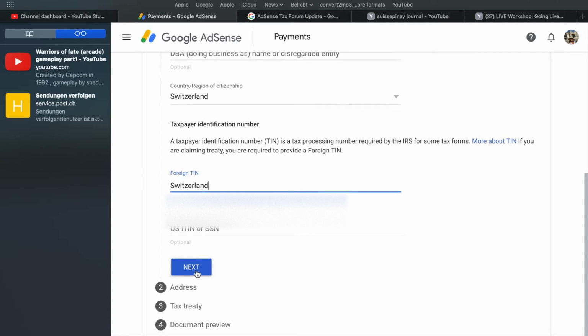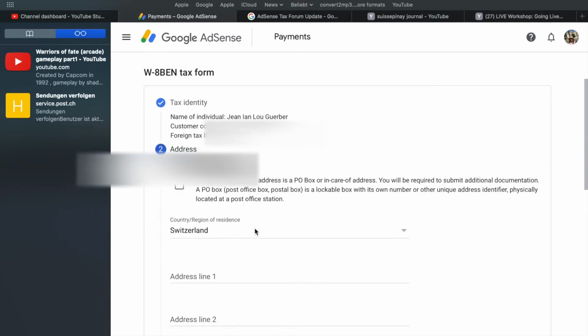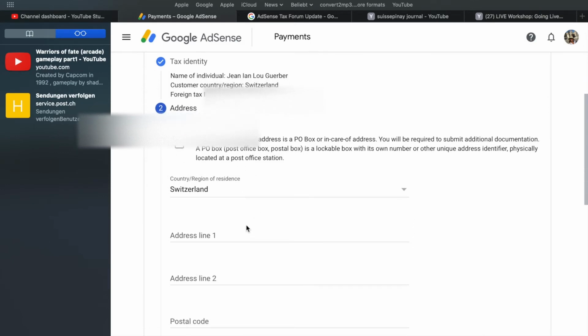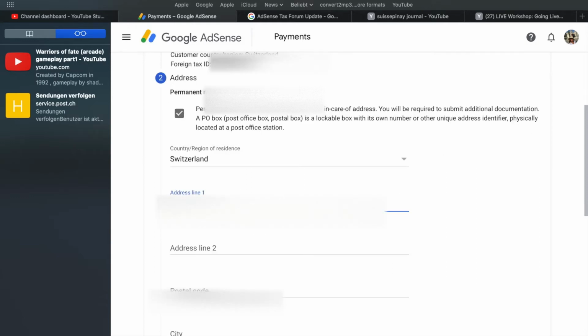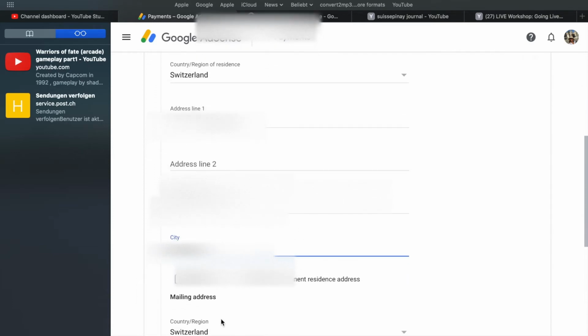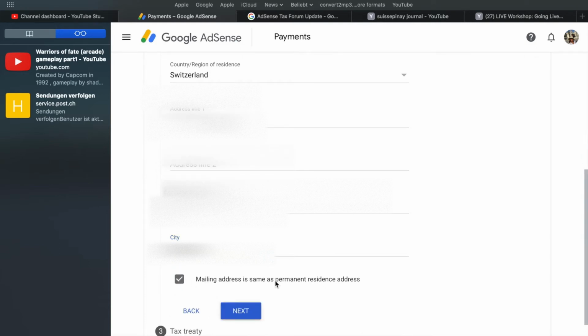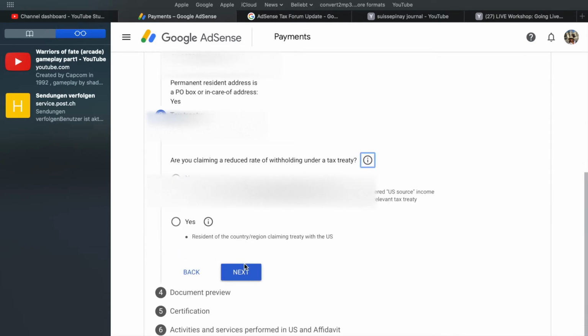And then next, you have to click permanent residence address, and then type your address where you live. Postal code, your city, and then mailing address is same as permanent resident address. Next,